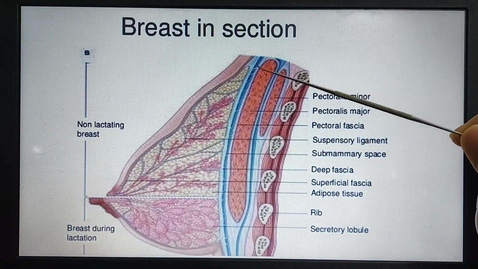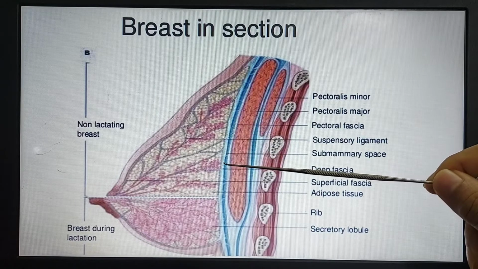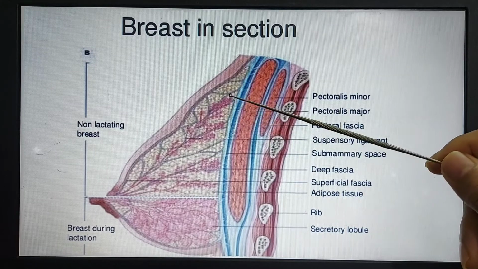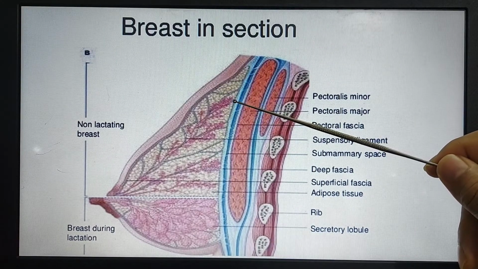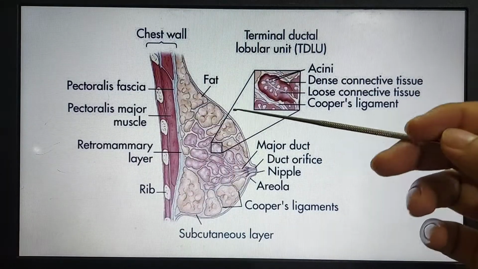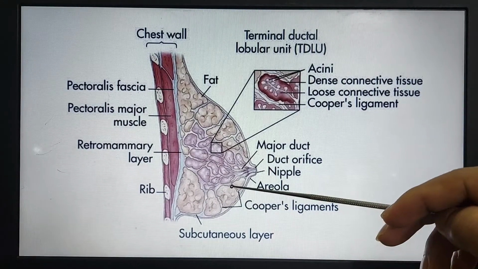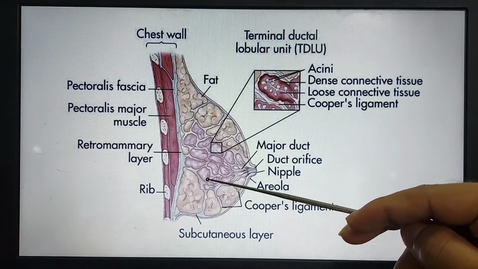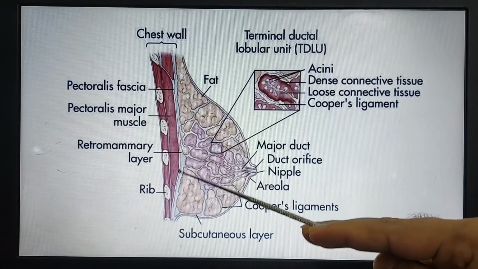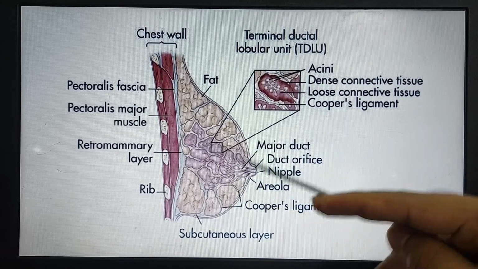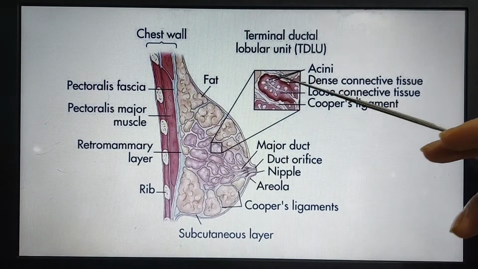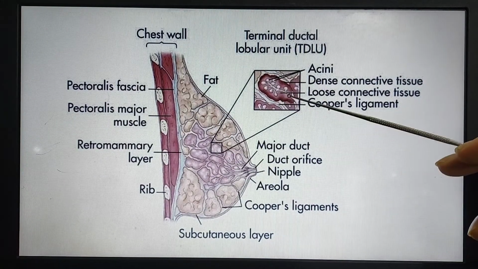The breast rests on the pectoral muscle over the pectoral fascia. Between the pectoral fascia and the breast there is an area known as the retromammary space. The breast is composed of different types of tissues along with these septa. Here we see Cooper's ligaments, or the septa, connecting the superficial fascia to the deep fascia, and the retromammary space behind the breast. The breast also has fat and some glandular tissue. Here we see the magnification of the glandular parts.